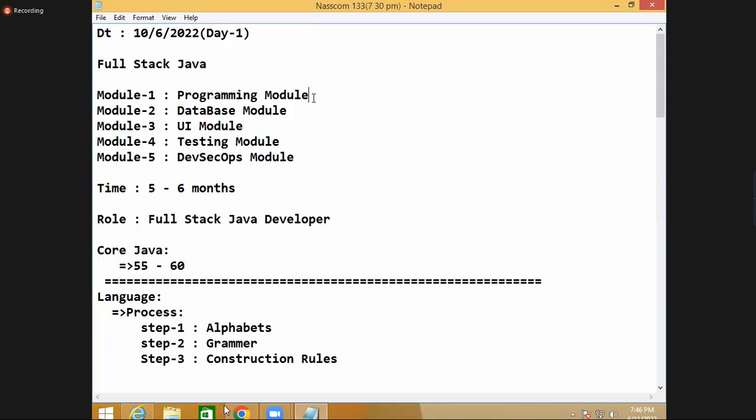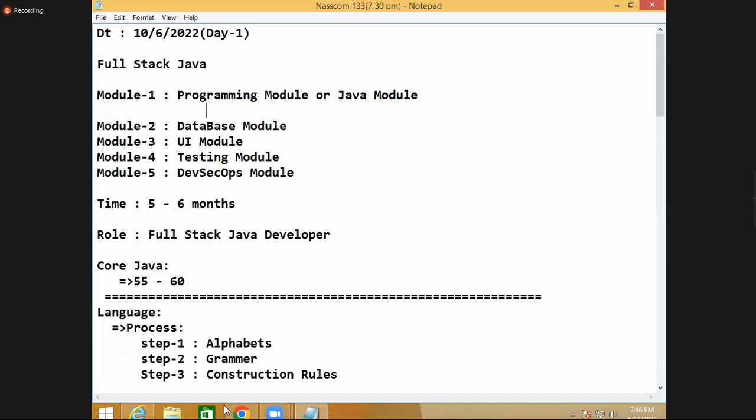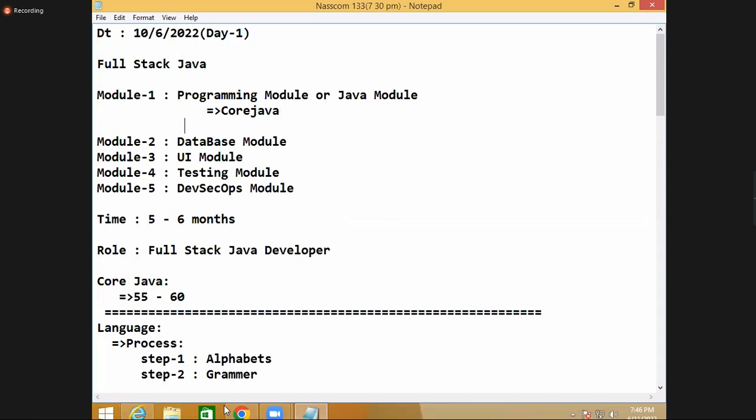One is the programming module, or you can say Java module. Under the programming module, we will train core Java, advanced Java,